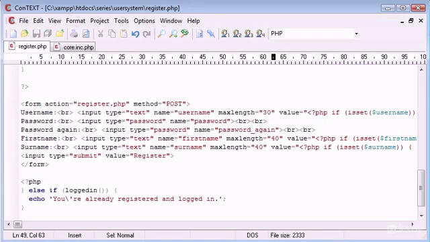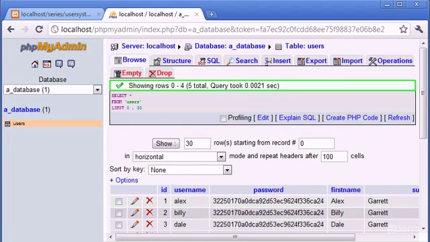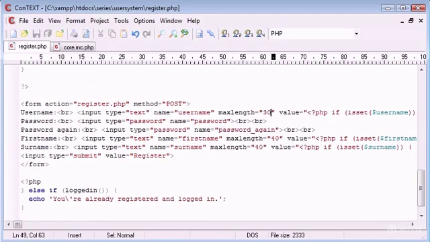So what we've done is we've corrected a few undefined variable and undefined index errors, and we've also changed a part of the form validation, which might not immediately be a priority for some people. People might not think about it straight away, but you are in fact going to cut data off if you allow your users to submit too much data. So for example, if it was a description about themselves, you might want to limit them to 200, 300, 500 characters, but then you need to take into account that you need to limit them, otherwise your data is going to be cut off when you submit it in